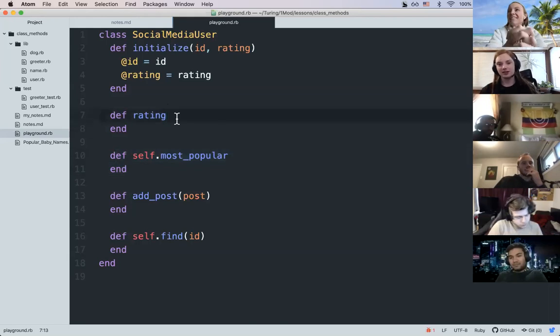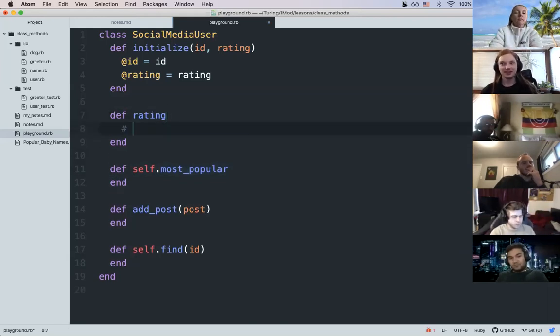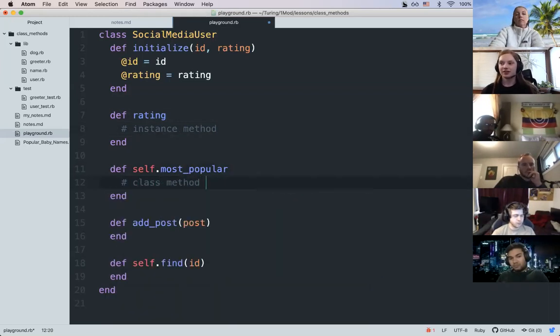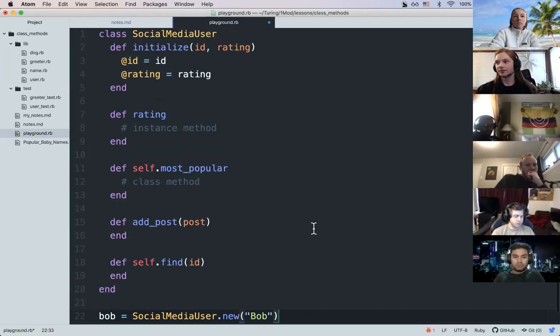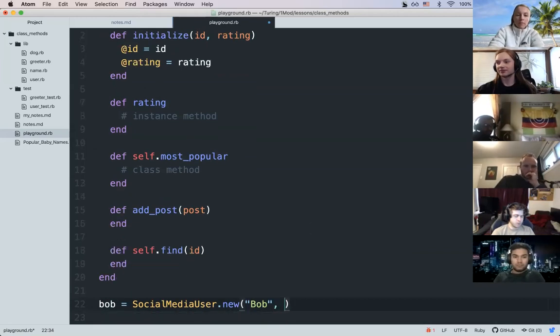So the rating is an instance method, and the most popular is a class method, and I'm not exactly sure what you want beyond that. Yeah, that's okay. So talk to me a little bit, how would we call this method of rating? Say, an instance, social media. If Bob was a social media user and he had an ID in a rating, you have to initialize the rating with. Oh, thank you. But then you could call Bob.rating,